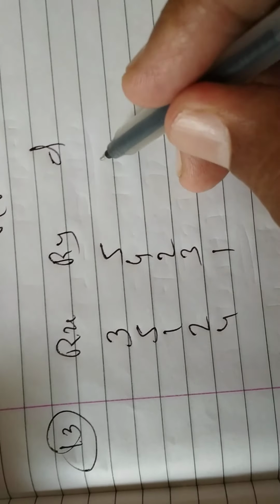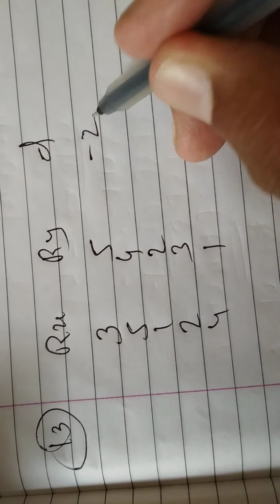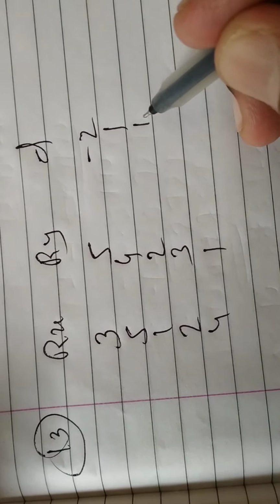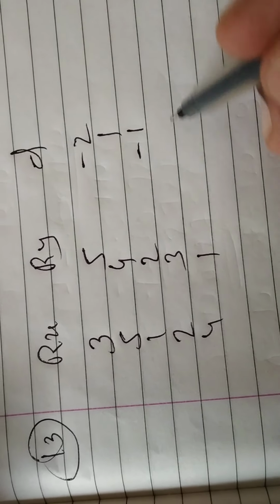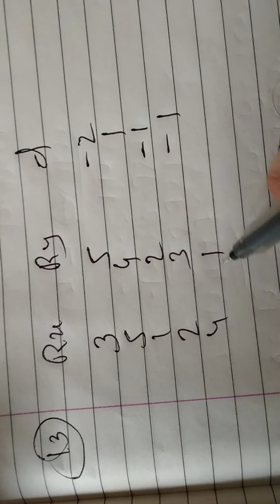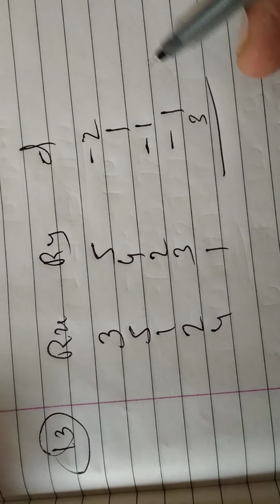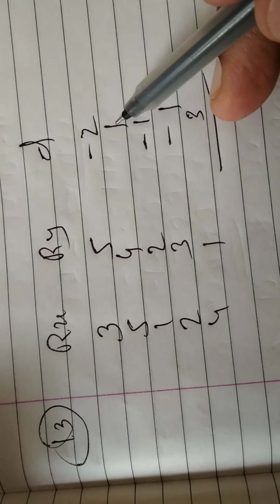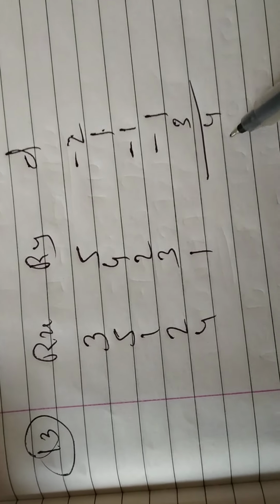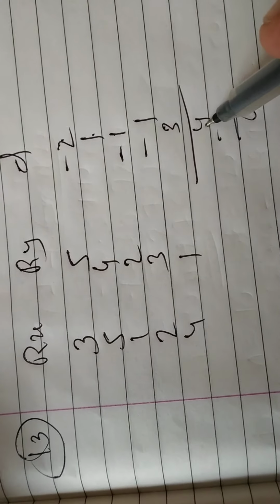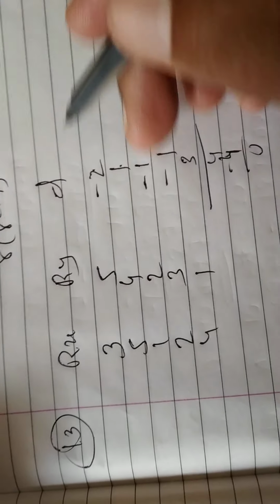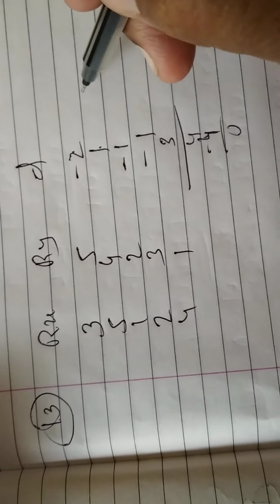So 3 minus 5, that is minus 2. 5 minus 4, that is 1. 1 minus 2, that is minus 1. 2 minus 3, that is minus 1. 4 minus 1, that is 3. Now here 3 plus 1, 4, so plus 4 is here, and minus 2 minus 1 minus 1, that is minus 4. So the sum must be 0. If 0 is not coming, then I think there is a mistake.